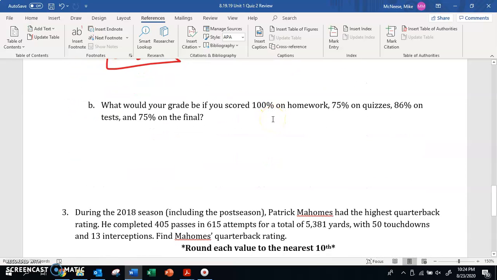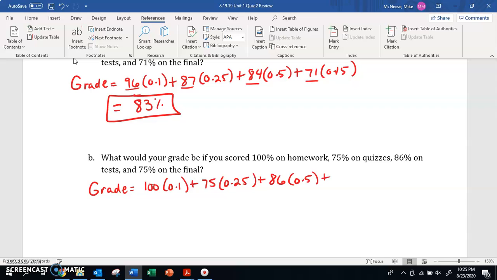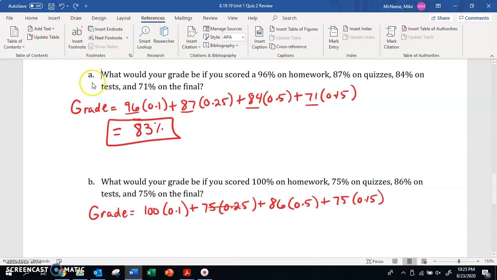And then it says, part B, what would your grade be if you scored 100 on the homework, 75 on quizzes, 86 on tests, and 75 on the final? So we're still going to do the same formula, only we're changing all of these numbers. These are the values that we're changing. So grade is equal to 100 for the homework times 0.1 plus 75 on the quizzes times 0.25 plus 86 on the tests times 0.5 plus 75 for the final times 0.15. And if we multiply all these out and add them together, we should get